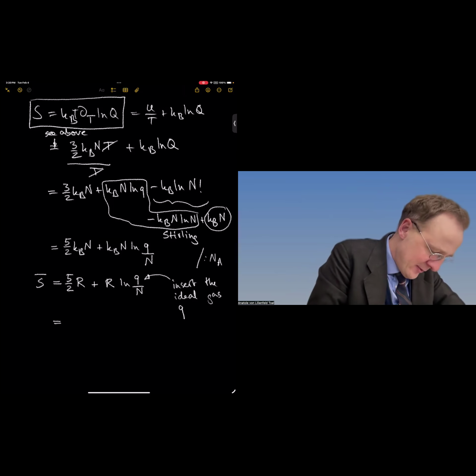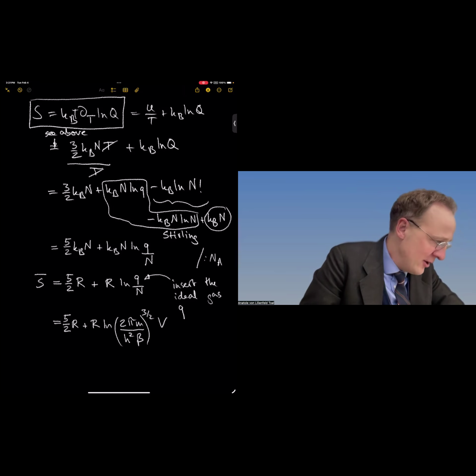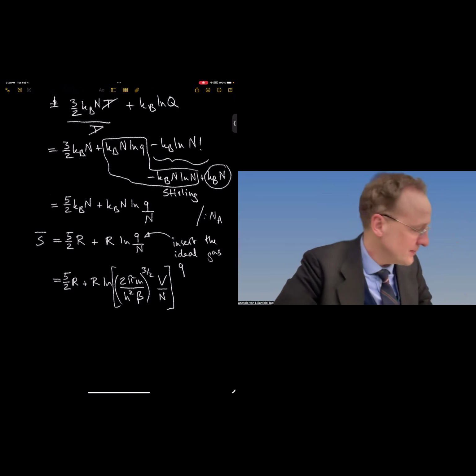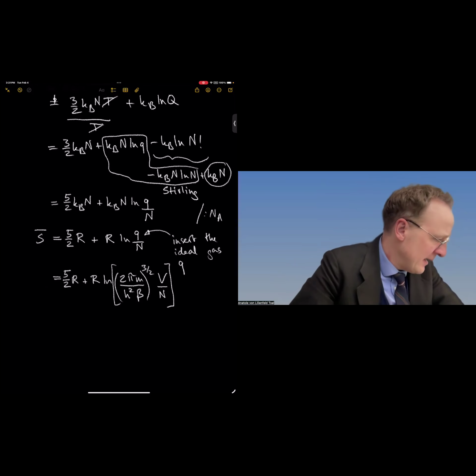Now nothing happens with my 5/2 R. And let's now just insert the term. It's our 2 pi m over h squared beta raised to the 3/2 and the volume. And now I still have my n from the expression above, right? So that's a very neat compact expression. I can now